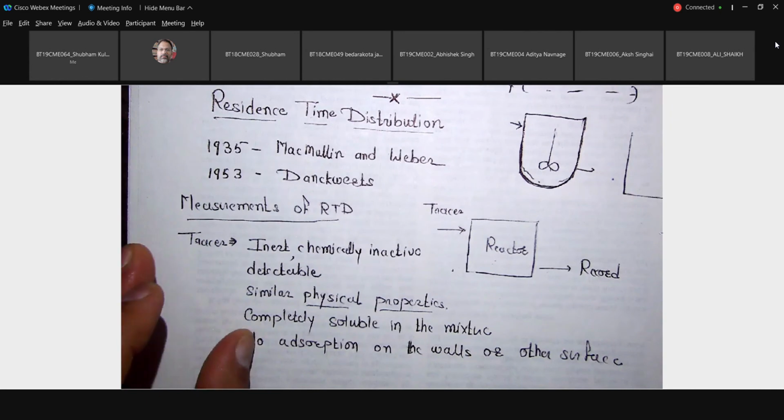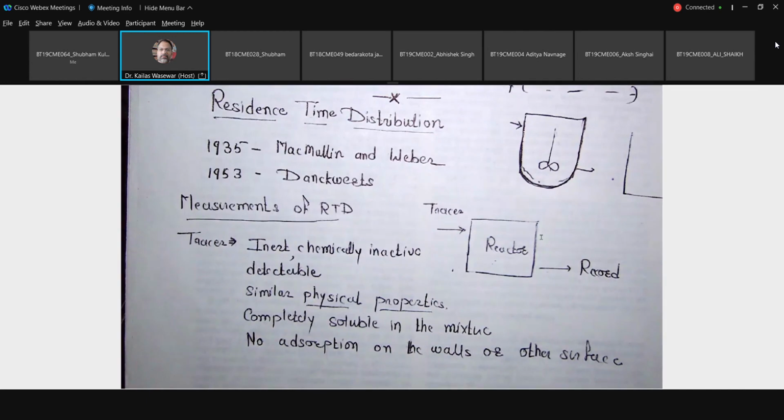What is the non-ideality in the PFR if we neglect the axial dispersion? We cannot neglect the axial dispersion. If there is axial dispersion, that means it is moving towards the mixed flow reactor. So if you design the plug flow reactor using our ideal equations, it will not give the same performance. That's why we have to quantify whether that axial dispersion is significant or not. For that there is an axial dispersion model.